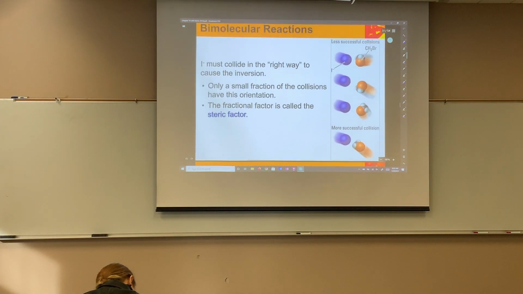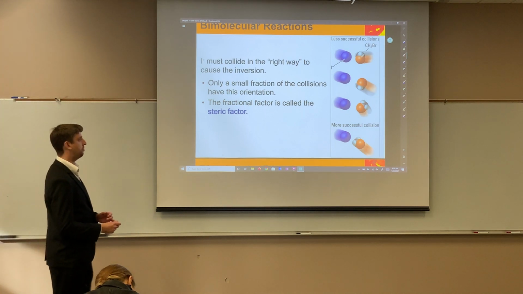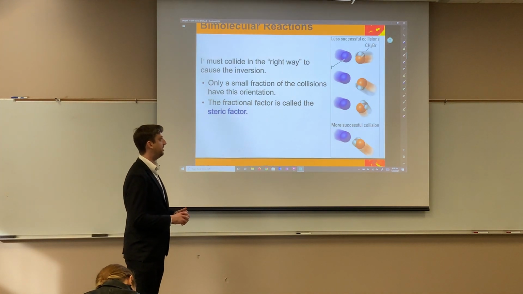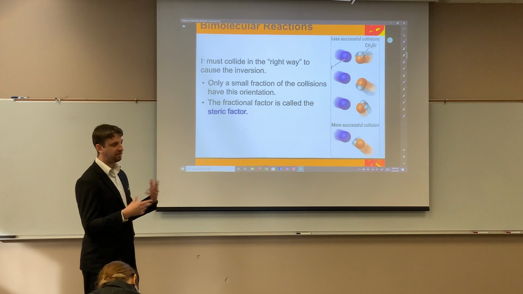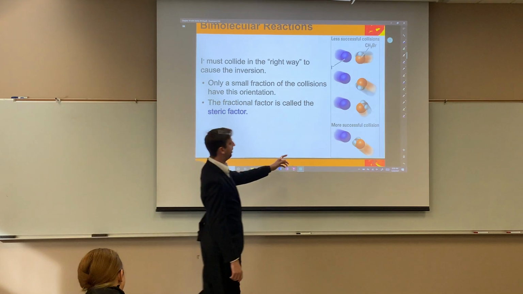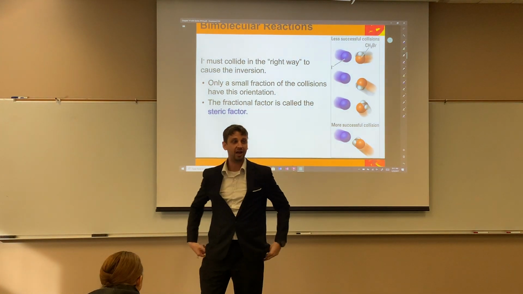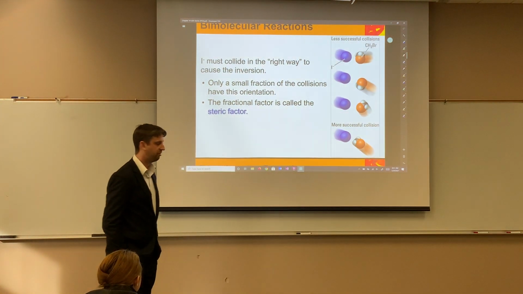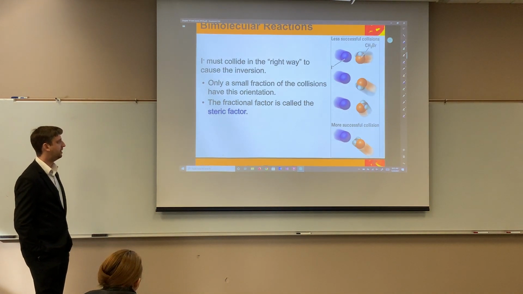So here's a visualization of that on the right-hand side. The purple sphere is the iodide, and the orange sphere with the gray and white stuff is the methyl bromide. There are different ways these things can come together, but only one orientation, speed, direction, and time will actually lead to this product happening, right? The other ones will just bounce off each other or nothing will happen. That's the idea there.